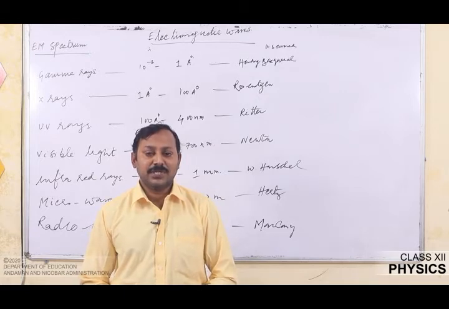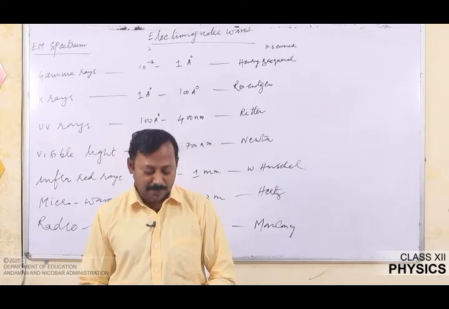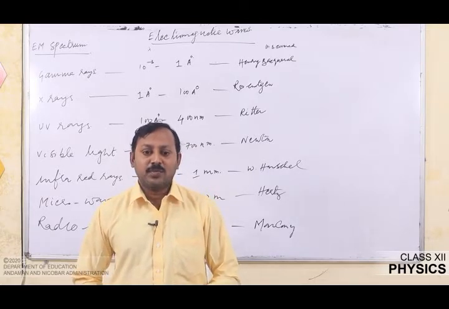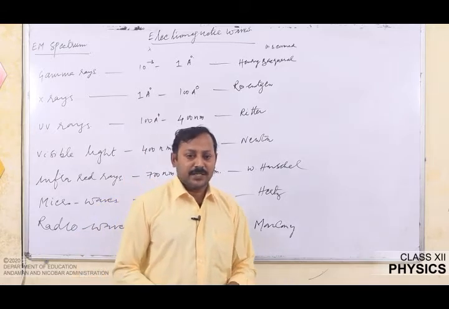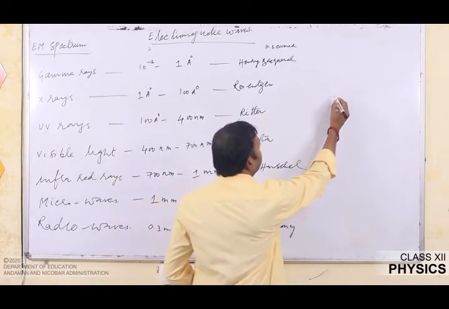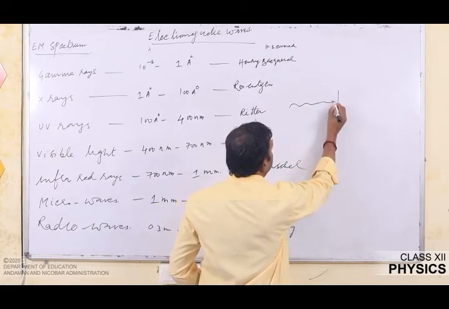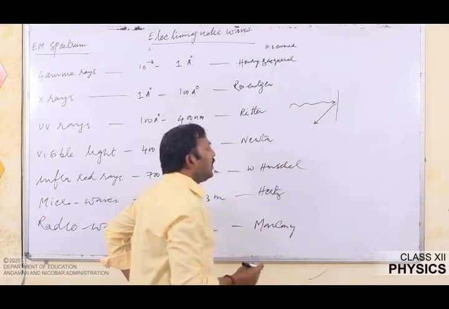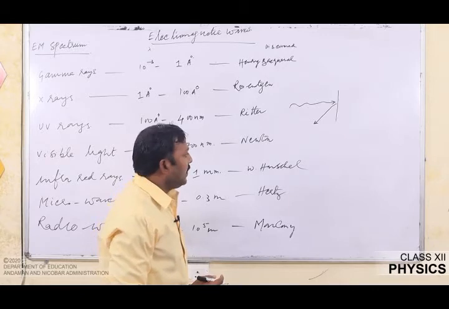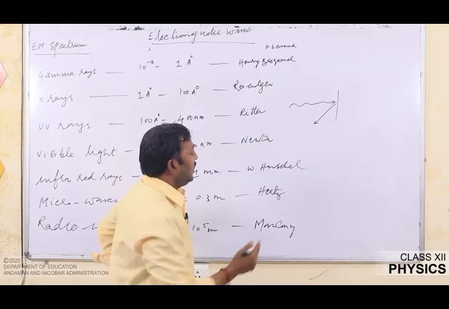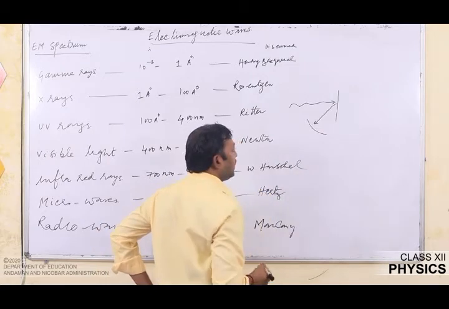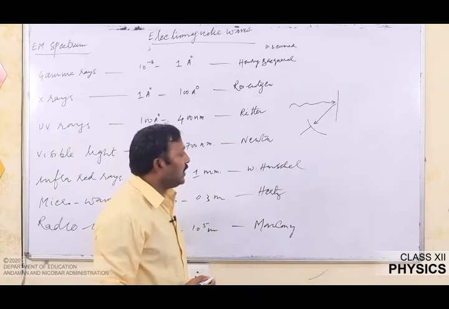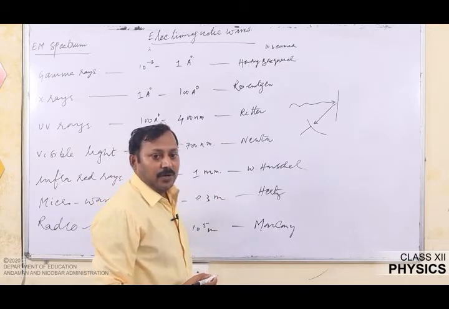Next is detection. The detection of gamma rays is done by an ionization chamber, scintillation counter, or Geiger-Müller chamber. So how is it detected? First, gamma rays are allowed to fall on a material. When gamma rays strike the material, electrons are emitted. This electron emission is due to the Compton effect, and the emitted electrons are read by a counter called a scintillation counter, whose reading directly depends upon the strength of the gamma rays falling on it. In this way, gamma rays can be detected or determined.